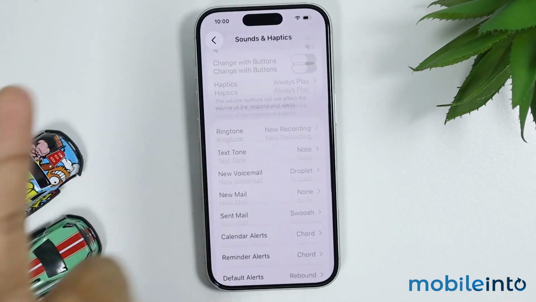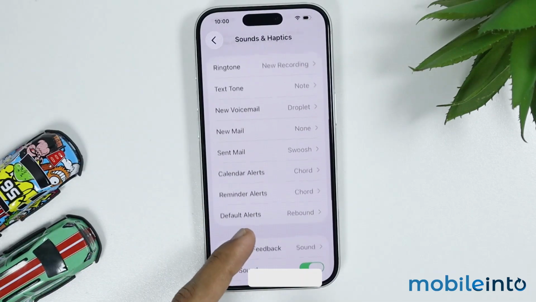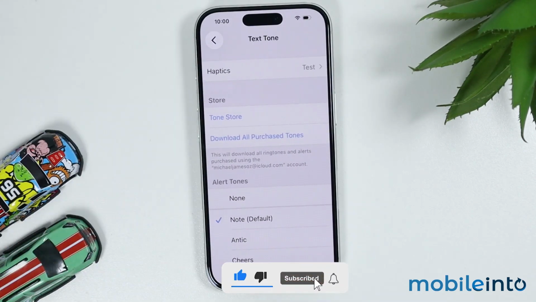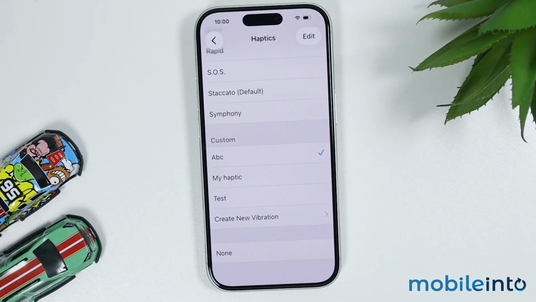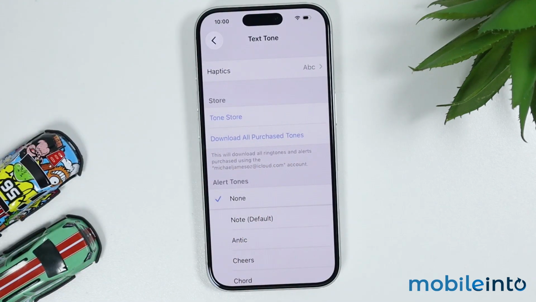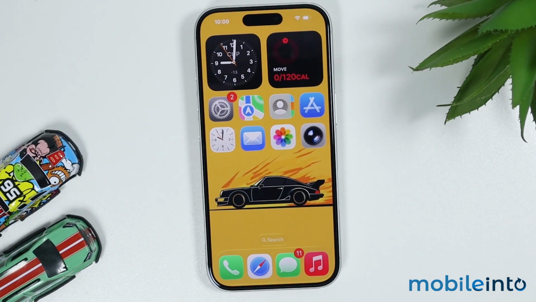But if you want to set a custom vibration for the alerts on your iPhone, like the text tone alert or the voicemail alert, you will be able to select none in the alert section, and you can select the custom haptic instead of the alert ringtone, just like that. And this is how you can set a custom vibration instead of the